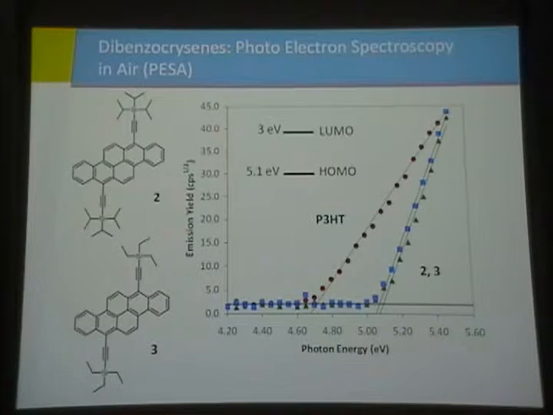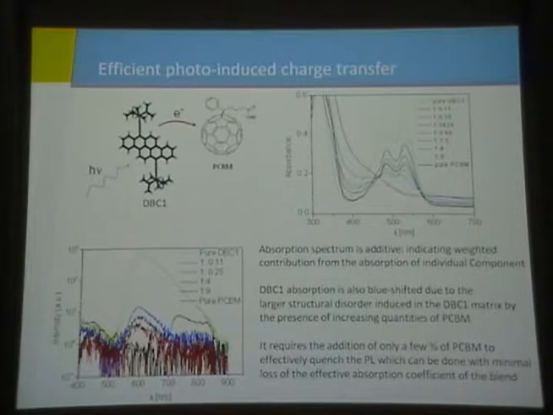But one of the very important things to do is also to study small molecules. When you do simple laboratory experiments, like studying the charge transfer between the two small molecules, this is the optical absorption spectra. The green one is the pure molecule. Absorption onset is about 600 nanometers, corresponding to about 2 eV. And then there are sharp peaks. And when we gradually increase the PCBM